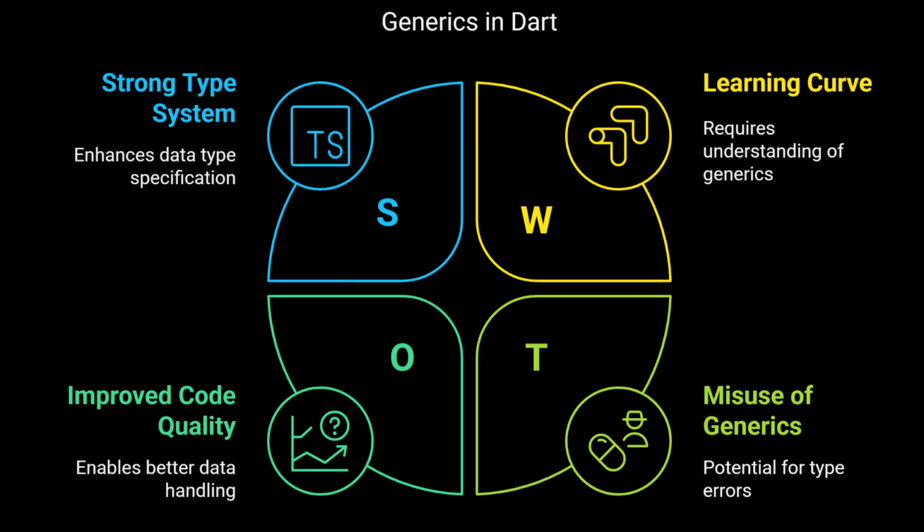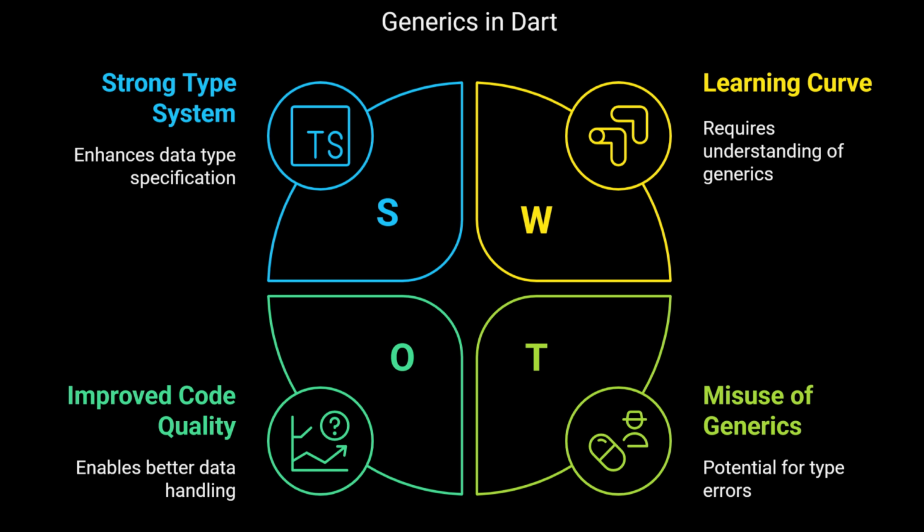So, we've seen that Dart has a strong type system. We can define variables as int, string, bool, and so on. But here's the thing. What if we're working with collections like list, map, or even our own custom classes, and we want to specify what type of data they should hold? That's where generics come into the picture. So in short,